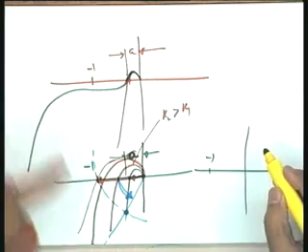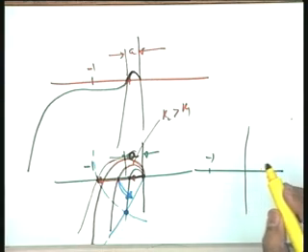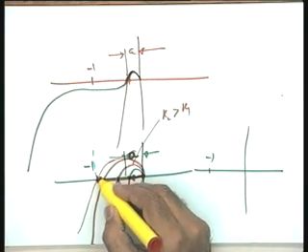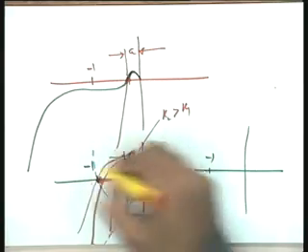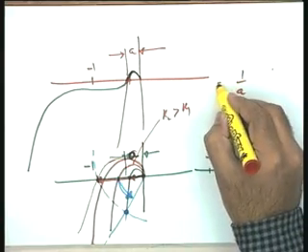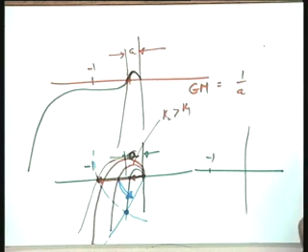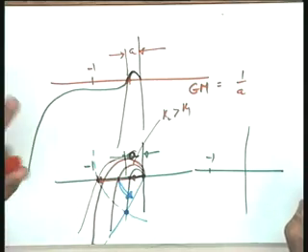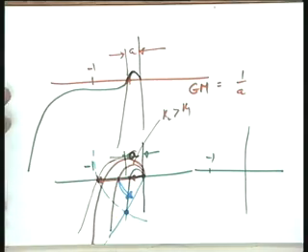So, it means if your original polar vectors, all of them are multiplied by 1 by a, in that particular case the plot will pass through the minus 1 plus j 0 point, and this 1 by a factor is referred to as gain margin, GM. It is a very important term for us. So, gain margin is 1 by a, it means this much margin is available to you before you drive the system to marginal stability or towards instability. So, this is the gain margin. Similarly, please see, let me take this sketch again.